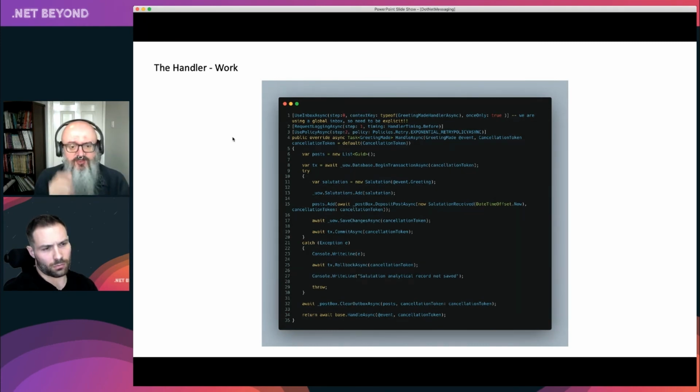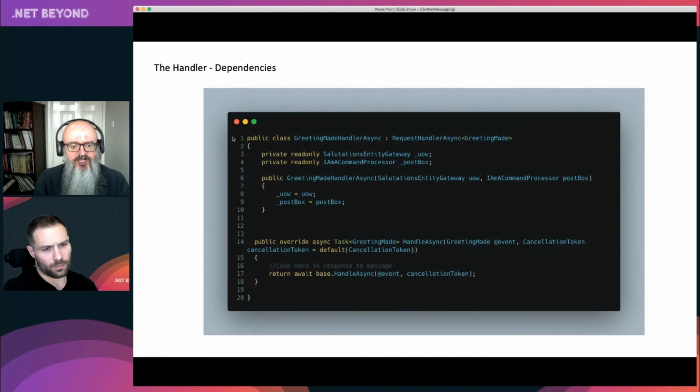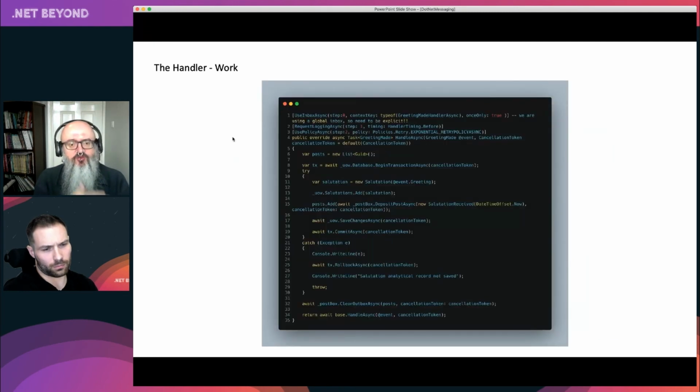All right. The attributes at the top on lines 1 to 3, that's just middleware, right? Remember we had that line earlier, on line 17, where we said we were calling the base. That's to say, there could be stuff after this, so we're not terminating the call yet, we're passing it on to the next handler. With attributes, there's some off-the-shelf middleware we give you, and you can create your own.